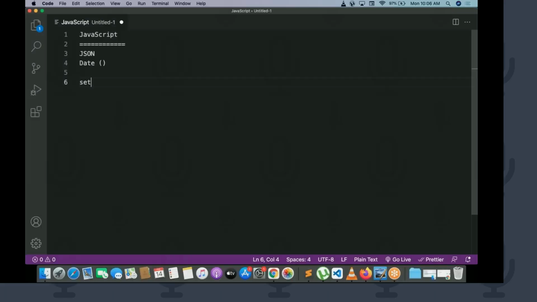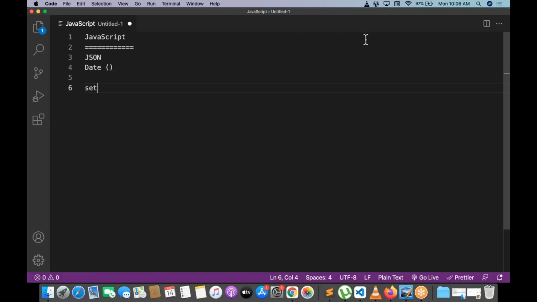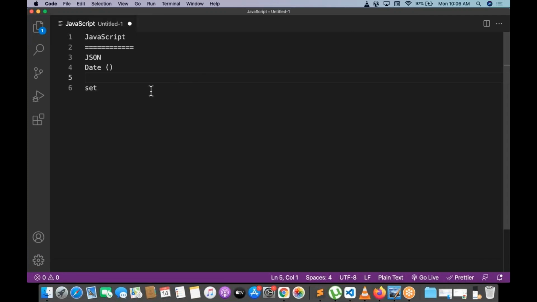Today I'm going to be discussing the set timeout functionality. Set timeout. So we're done with the set timeout. So this is a method we are going to be working on today,